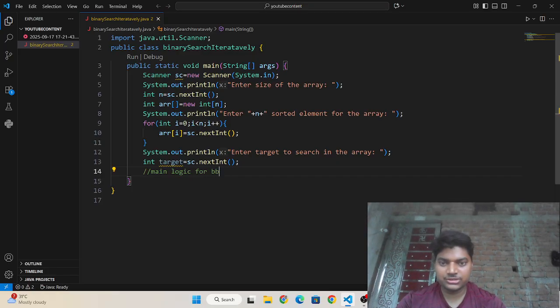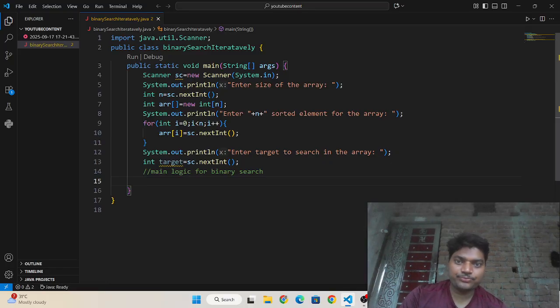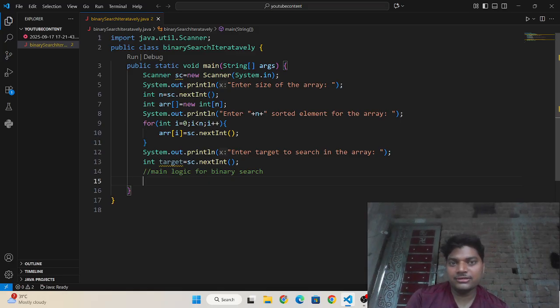What is binary search? See, first our code will calculate the mid of the array. It will compare whether the middle element of the array is equal to the target element or not, and if it is equal then it will directly return "element found at index mid".